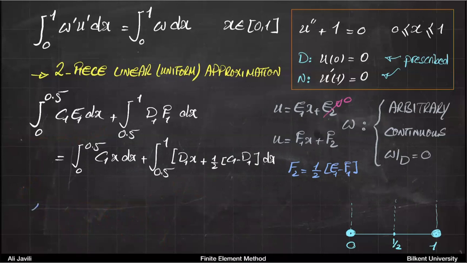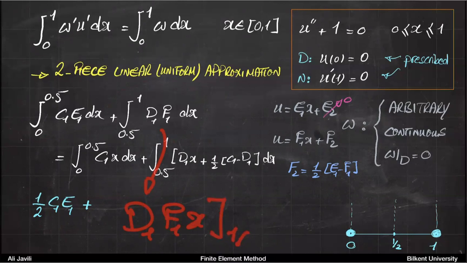So the first integral is 1/2 of c1 e1 plus the second integral is the same. So it's going to be d1 f1 x from 1/2 to 1, which would be also 1/2 of d1 f1. Equal,